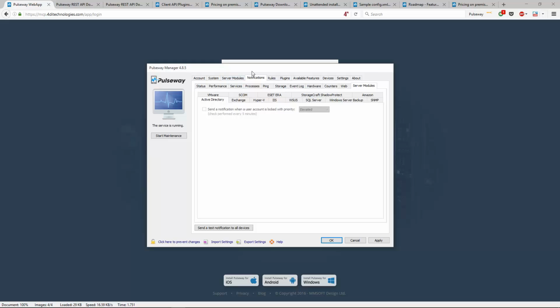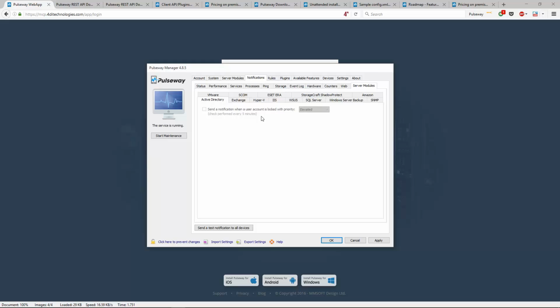So we use it quite often in our environment. If I'm out of the office, for example, I can receive a push notification to my phone in the event that a user locked themselves out of Active Directory. So that's a very useful thing, because it means that rather than having to remotely log into our environment from my laptop by potentially running a VPN connection into the office, then establishing a remote desktop connection over to our Active Directory server, then opening up Active Directory Users and Computers, finding the user and then subsequently unlocking them, which is obviously a very long process, I can effectively unlock a user straight from my mobile phone